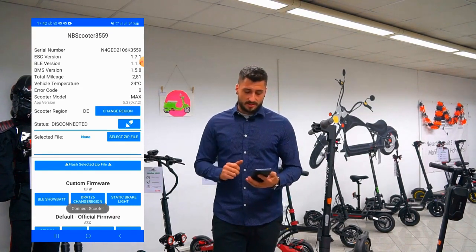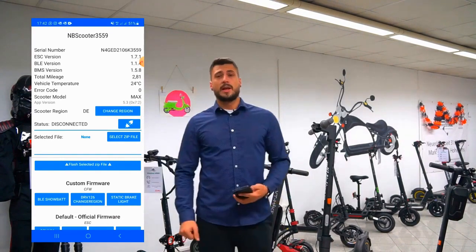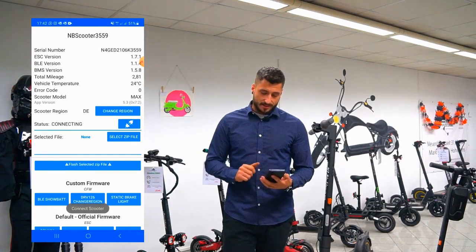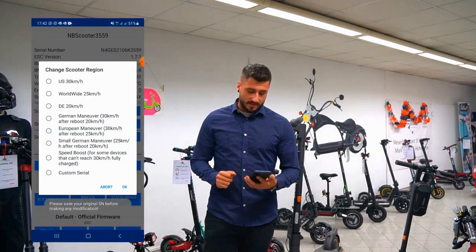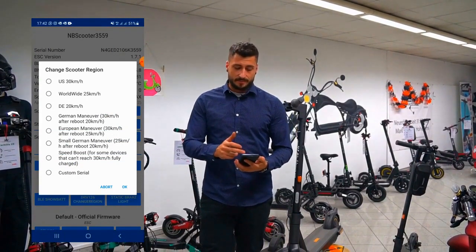Can you change the region here? For example, we now have a G30D here. The international version actually runs at 25 to 30 km/h. We can now set this one here in Germany and can then downgrade it. You have to turn on the scooter, connected. Then we go to change region and now I have the choice here: Germany 20 km/h, worldwide, for example,